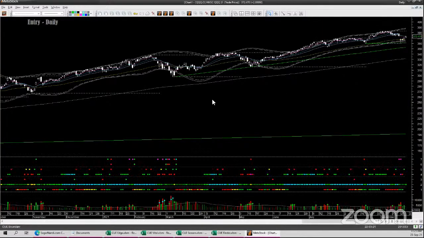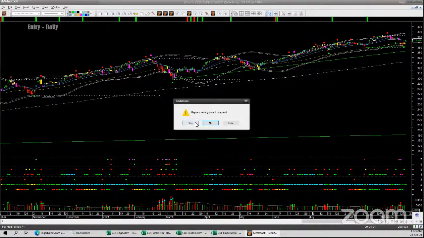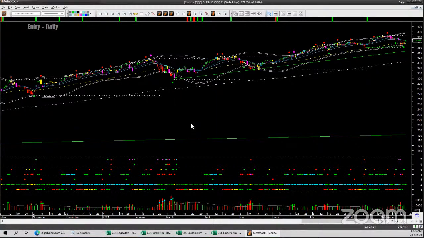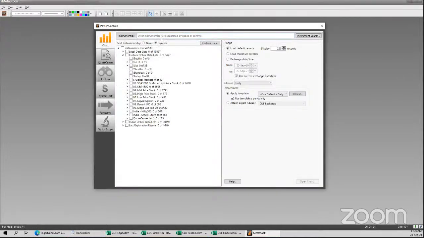Once it opens the symbol, right click on the chart, any black or empty portion of the chart, and then save as default template. Replace existing template, yes. So now we have set Q default, that is this daily template, as the Metastock default template. Now close everything. Now if I open any chart, let's open Hawaiian Airlines, and I'm going to open it